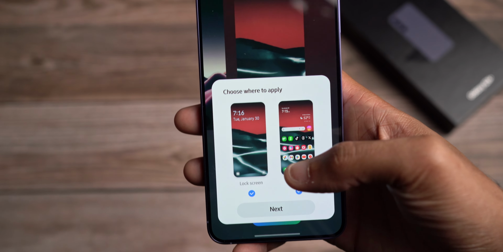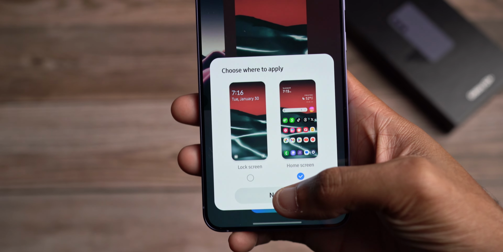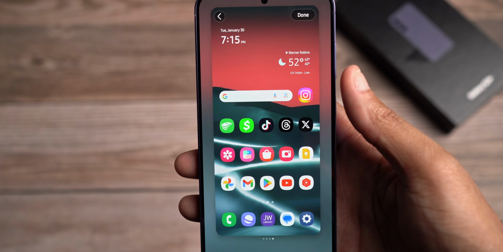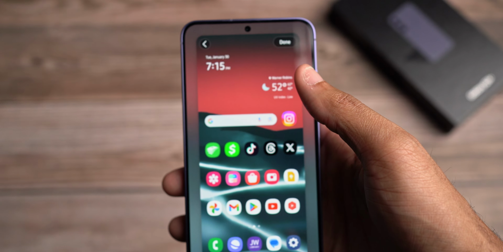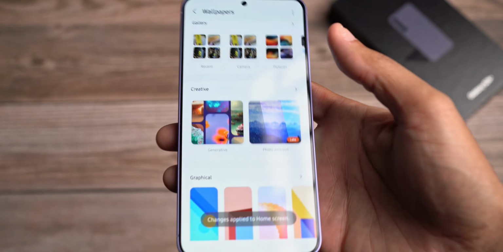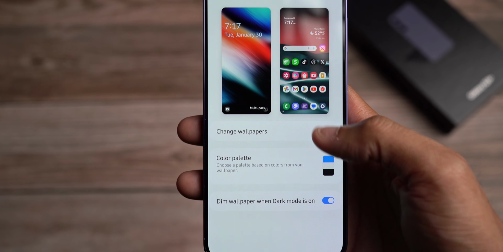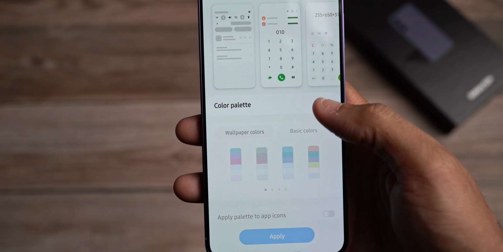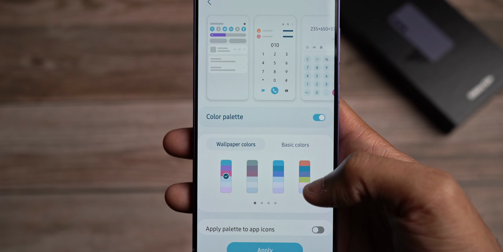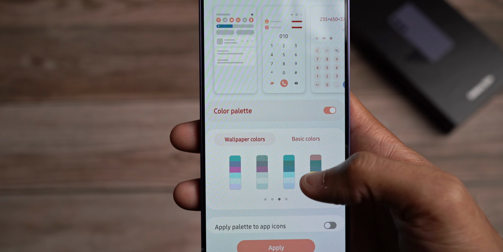Ooh, wee. Hold up. See, I like what I got going on my lock screen. So I'm going to set this as my main wallpaper. And now I have a brand new wallpaper just like that. And then once I hit done, it's going to set. And there you go. And if you want to make additional changes, you can come in here to color palette, turn that on, and now allow whatever colors you had going on to hopefully somewhat match up with what's going